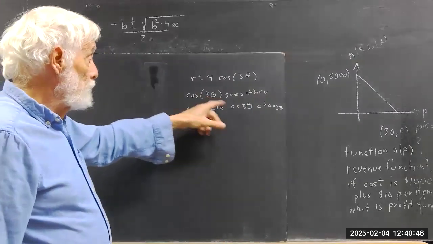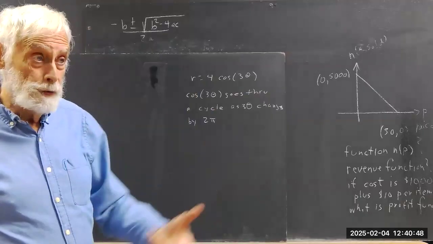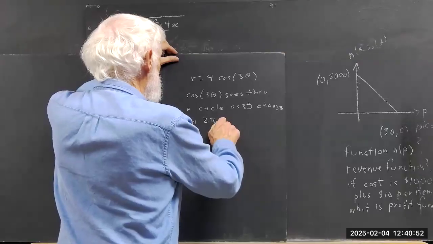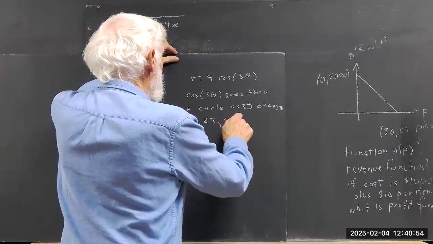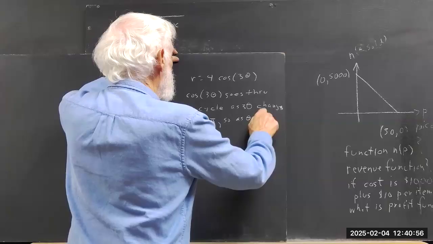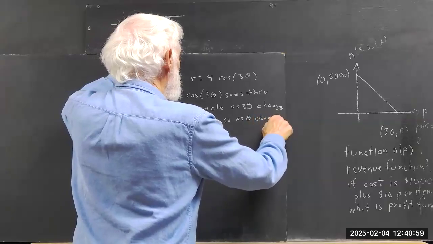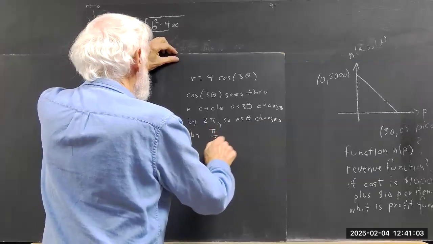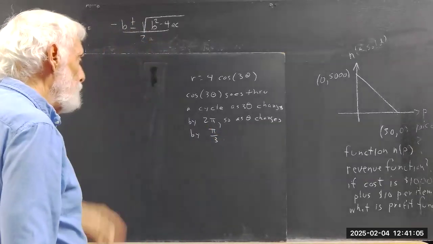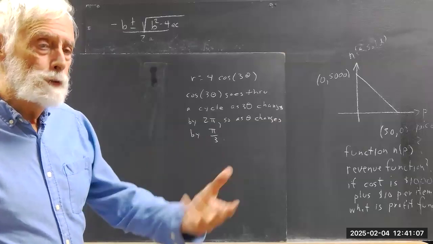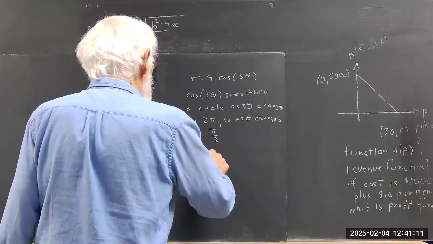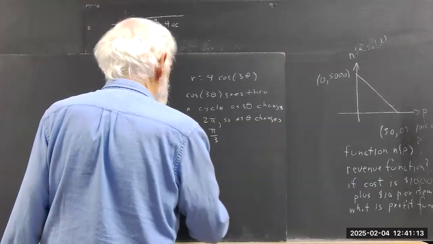In other words, as 3 theta changes by 2 pi, you get a cycle, so as theta changes by pi over 3. Thus, constructing this graph, I would use that fact and say that,